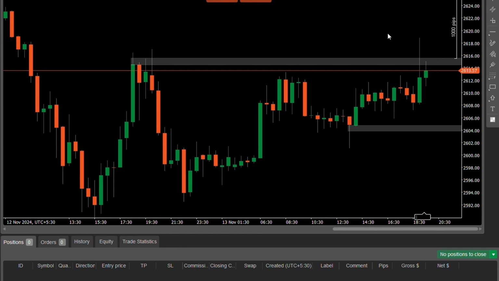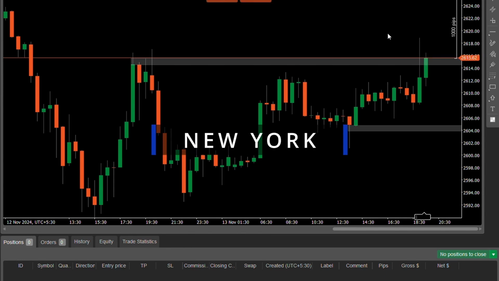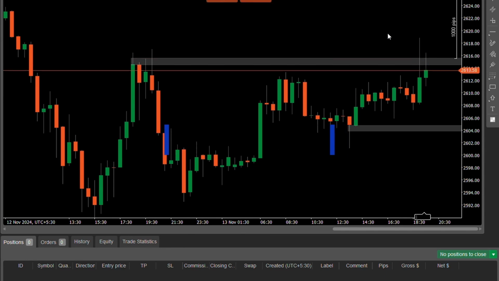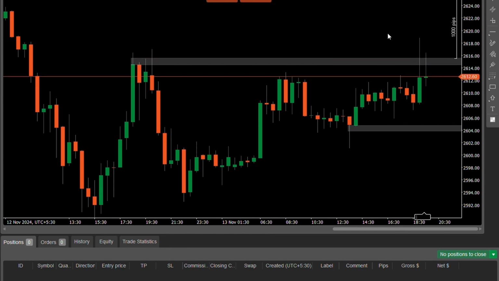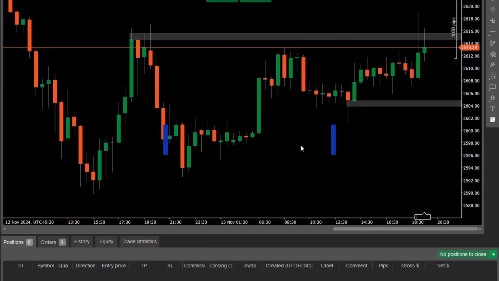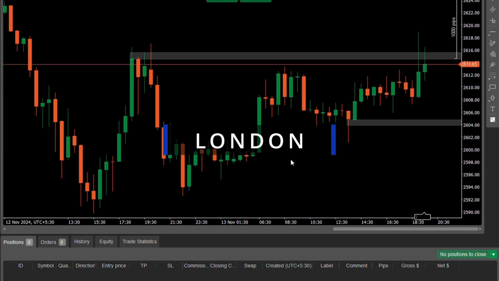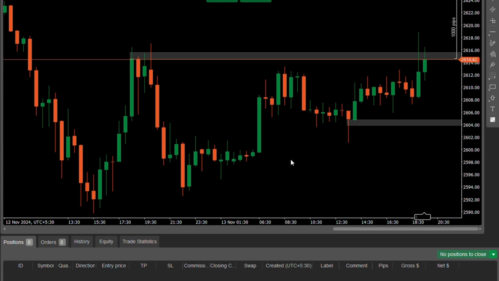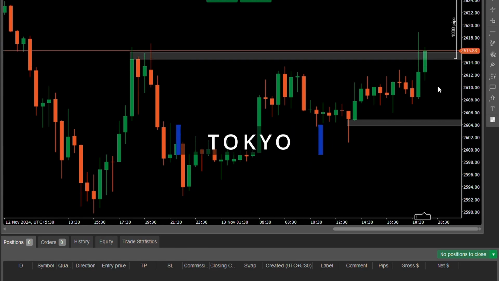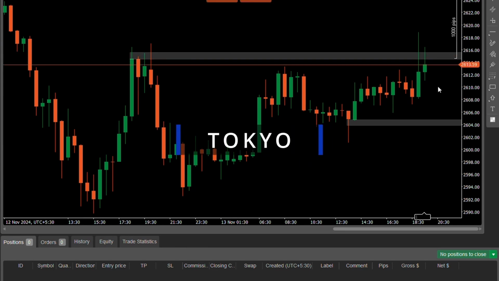The different Forex market sessions use the financial hubs, the capital cities, of those particular regions. Like in North America, New York was determined as a financial hub. That is why it is called the New York session. In Europe, London was considered a financial hub. That is why it is called the London session. In Asia, Tokyo. That is why it is considered the Tokyo session.